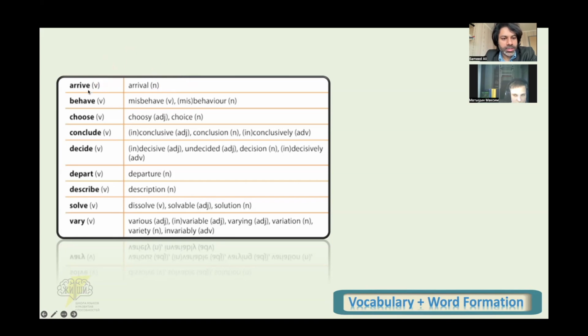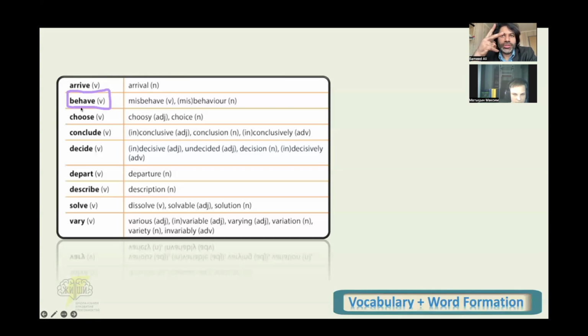That's right. So: arrive, behave, choose, conclude, decide, depart, describe, solve, vary. Do you know these words or are they new for you? What is behave? Behave is